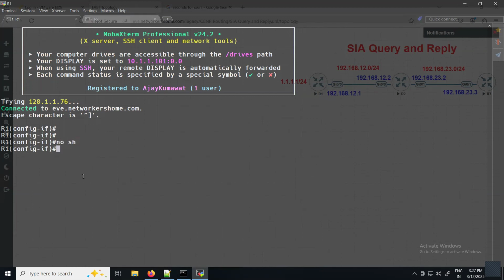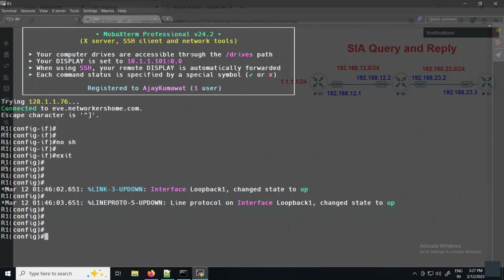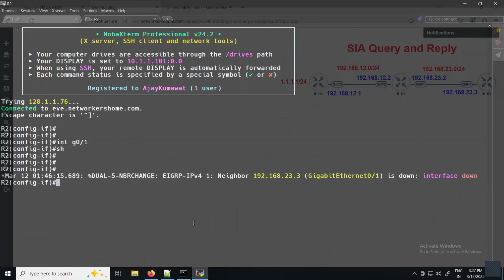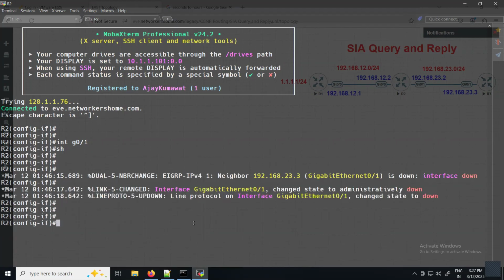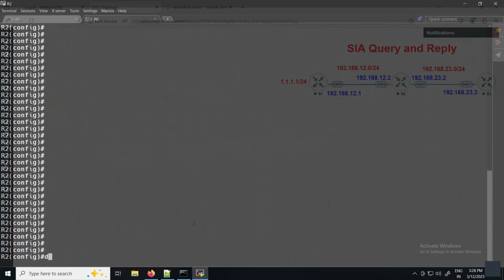So let's say the loopback interface, I'm again bringing it up so that R2 can have the route for it. Okay. On R2, interface gig 0/1, I'll shut down so that we don't go on the R2, R3 side. Okay. So as of now, you can see here on R2, if I say show IP route EIGRP,